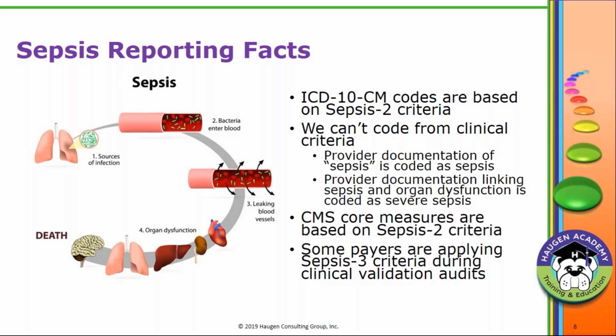I will say I just came across an article that was just released yesterday from RAC Monitor, breaking news, that said that the Healthcare Association of New York announced on Tuesday, so today's Thursday, they announced on Tuesday that they will not use United Healthcare Sepsis 3 criteria when reviewing claims to validate sepsis for payment. So if you are in the state of New York, they are saying that New York does not recognize Sepsis 3 criteria. They use Sepsis 2 criteria, and that they won't use Sepsis 3 criteria at all in the state